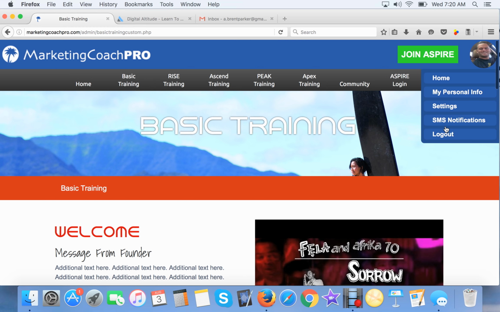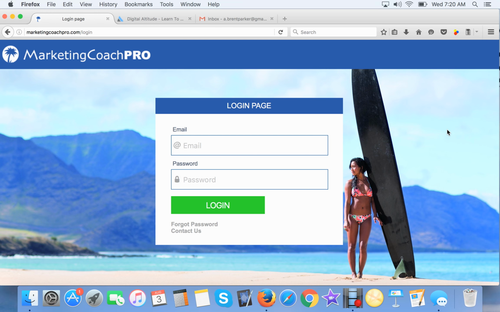I'll log out and show you. So this is probably the new picture we're going to keep. I just like this better. We've got the mountains. It's more in line with Digital Altitude. I like the lighter sky that matches up with the header. It just so happens this girl with the surfboard is standing exactly in the right place, looking at the login